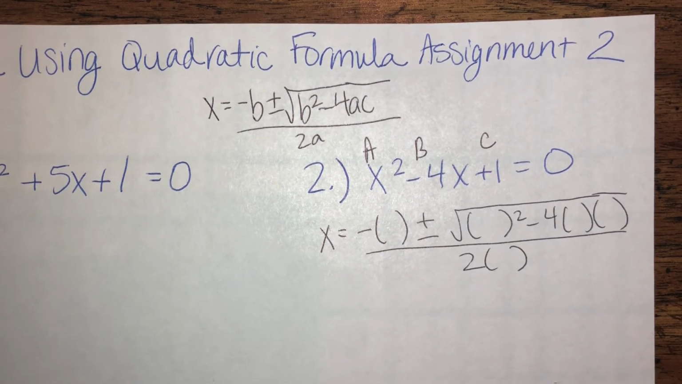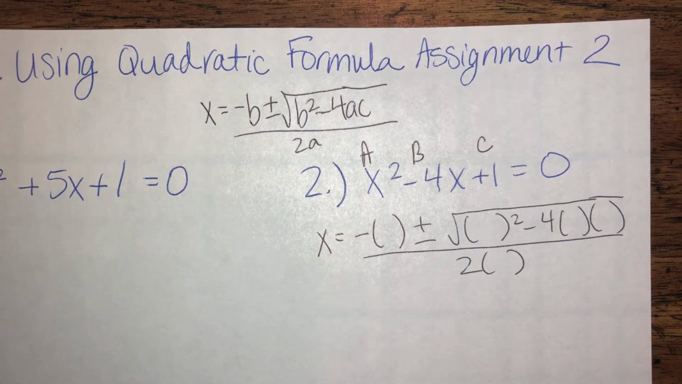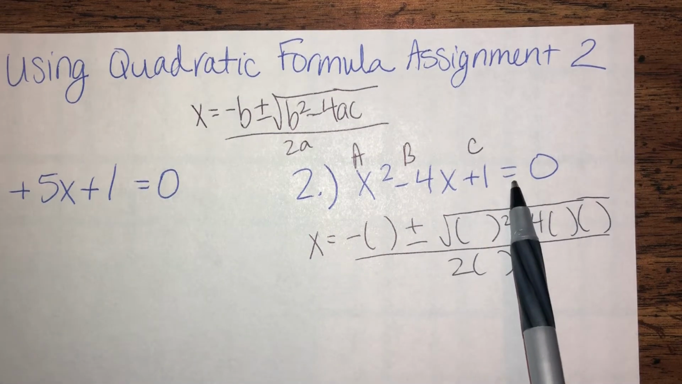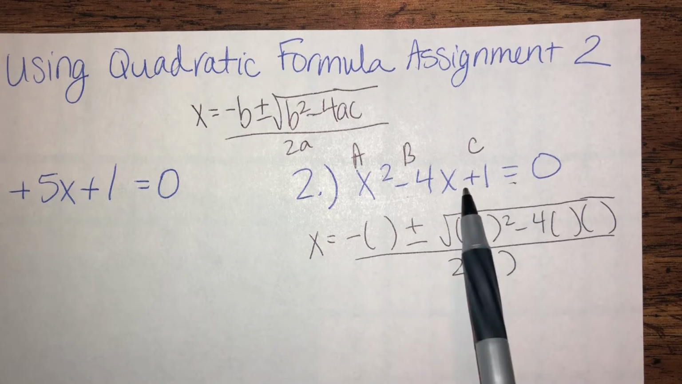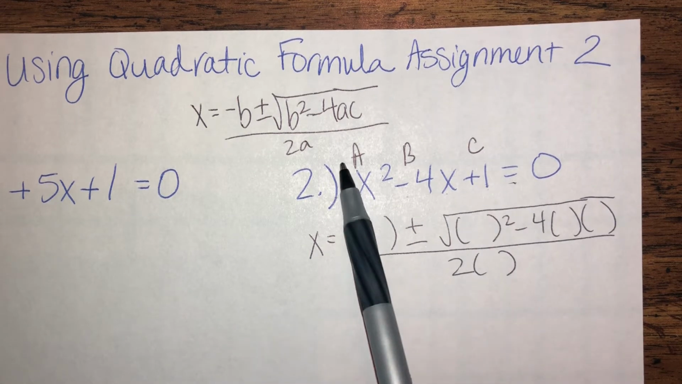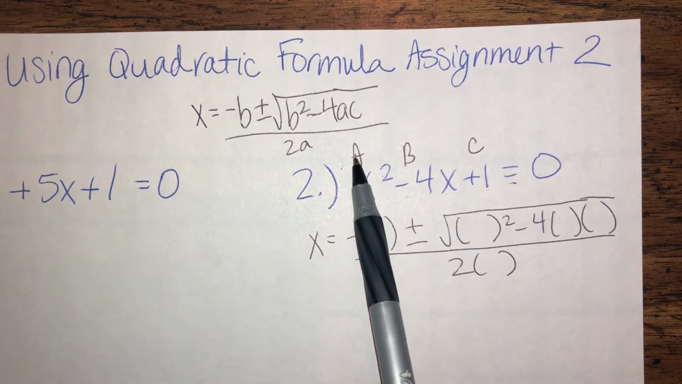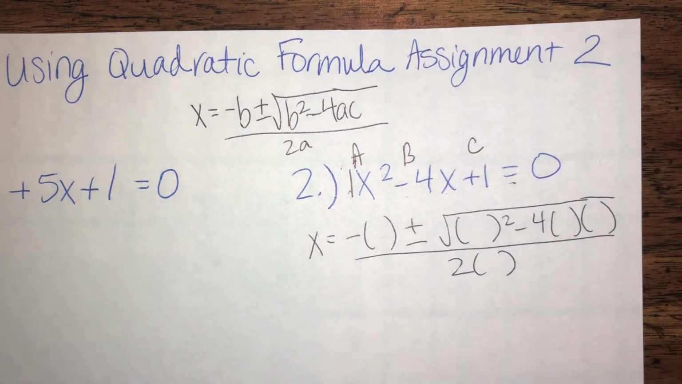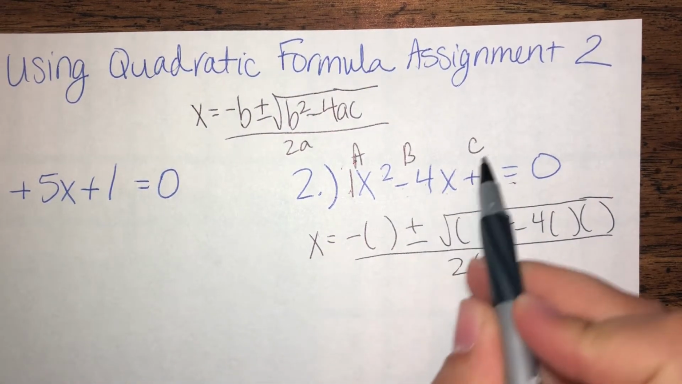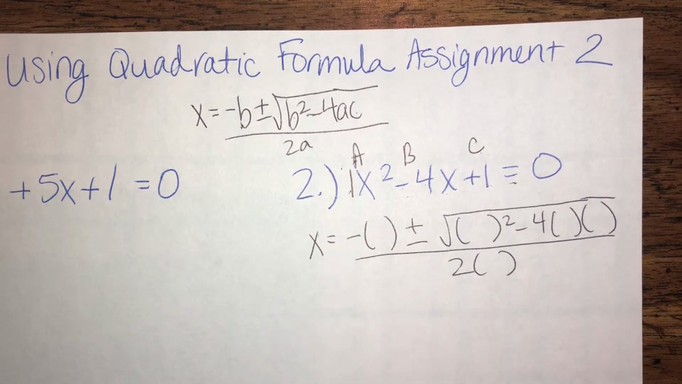I'm going over question number 2 on your Using Quadratic Formula Assignment 2 worksheet. In this situation, we have our quadratic equation set equal to 0, and it follows standard form of x squared, x, and then a number, which means A, B, and C are right in order for us. We're going to use A, which is an imaginary 1, B, which is a -4, and C, a positive 1, to replace all of the letters inside of our quadratic